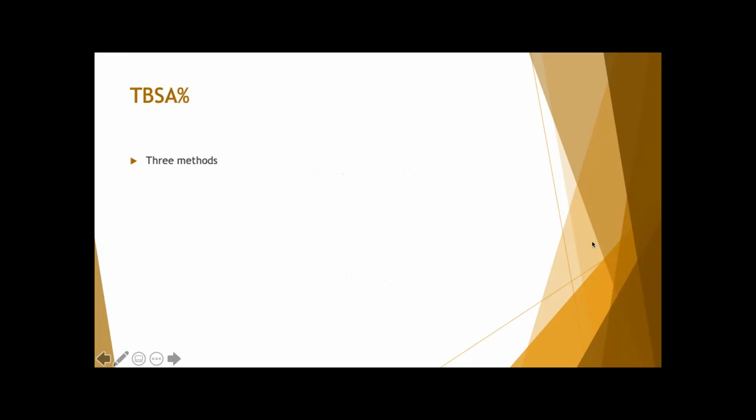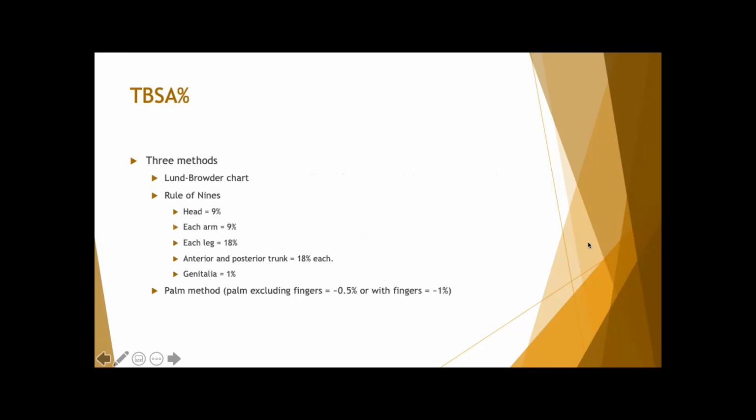When you read about total body surface area percentage of burns, there's probably 3 methods that you'll come across, and that's going to be the Lund and Browder chart, the rule of nines, and the palm method. Now, each has their advantages and disadvantages, but if you are asked which is the most accurate way of measuring, you're going to say Lund and Browder, especially in children where their head sizes tend to be disproportionately large to